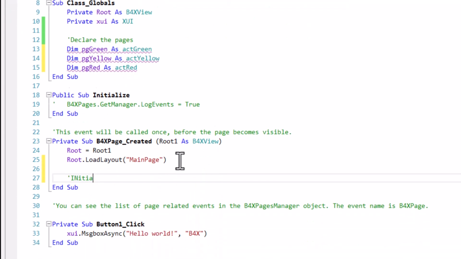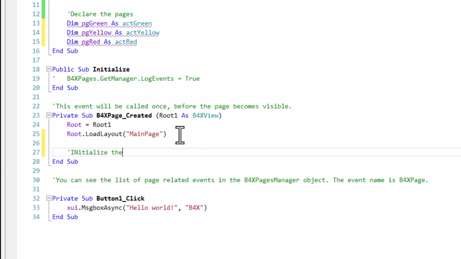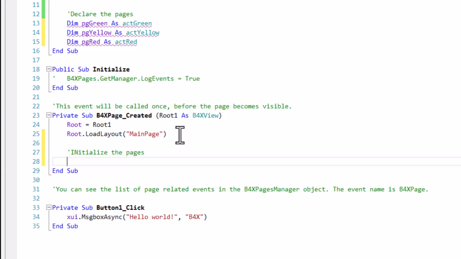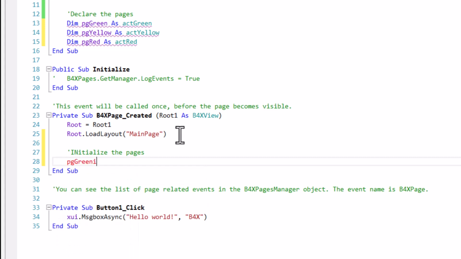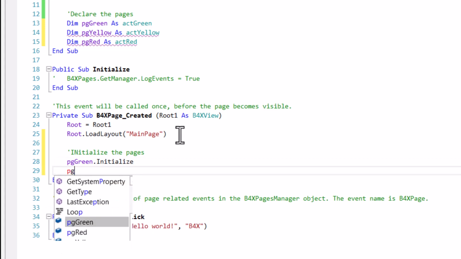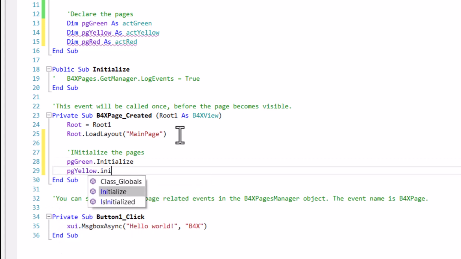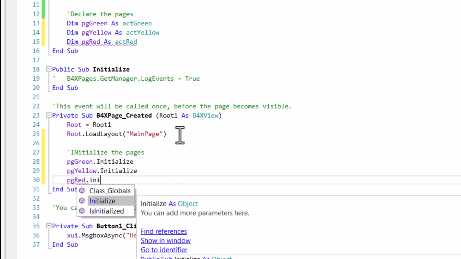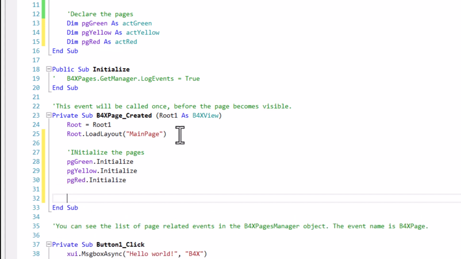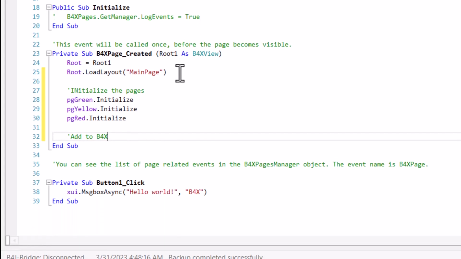Next we initialize it. Finally, we add it to the pages stack.